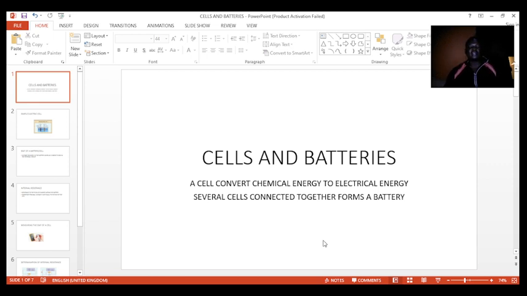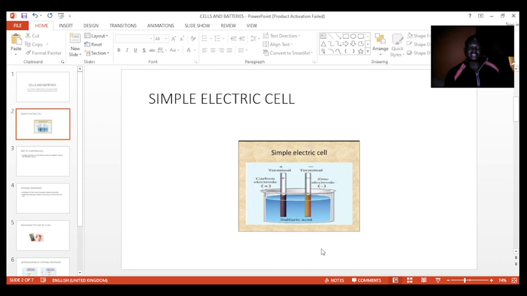Now, a cell converts chemical energy to electrical energy. For the case of a battery, if you connect several cells together, then you come up with a battery. Now, this is a sample electric cell